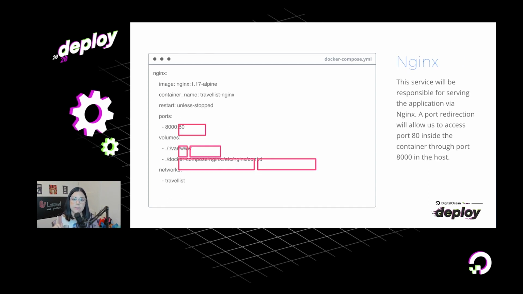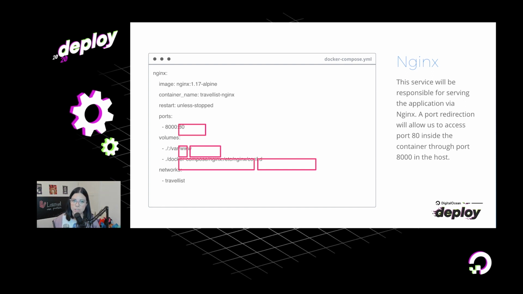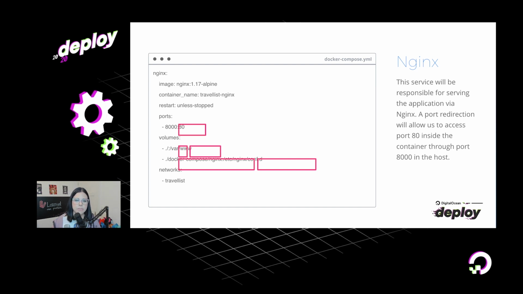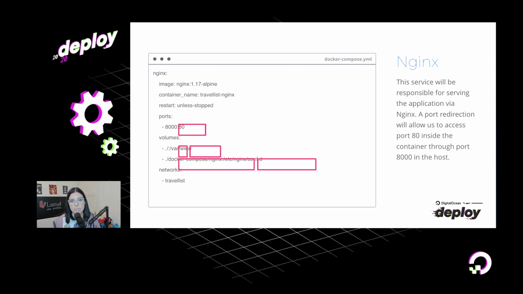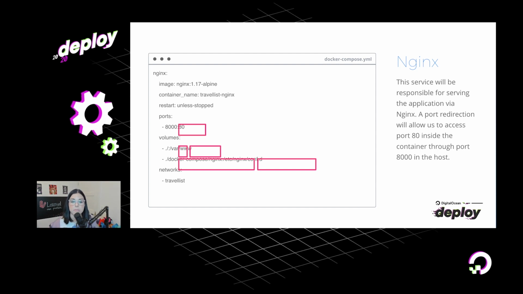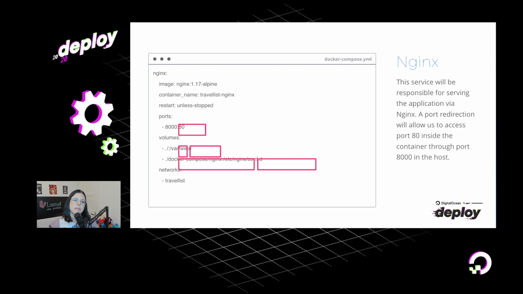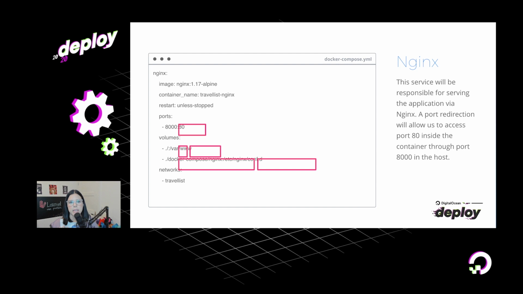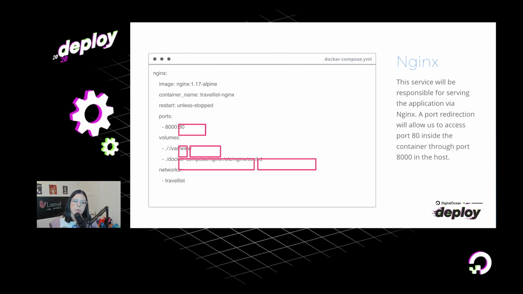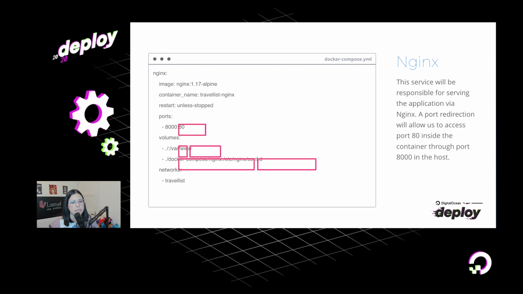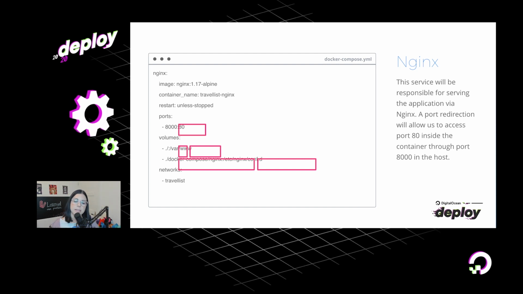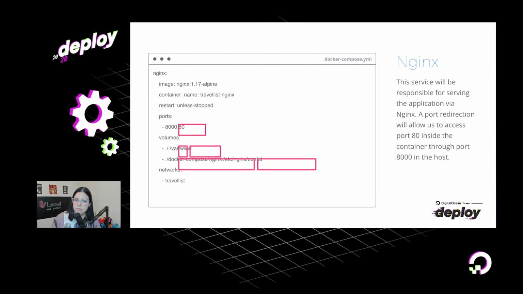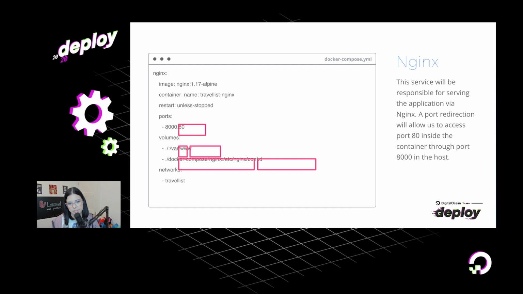The container is still going to see the Dockerfile for that, but now the Nginx service. We're going to use an Alpine image, so we define the image name containing the tag that we want to use, that specific version of Nginx. We define the container name and also restart unless stopped. This is the same as the other service. Now we have the port redirection. Also, it's the same that we've seen in the basic example. We are redirecting our requests on port 8000 on the host to port 80 inside the container.